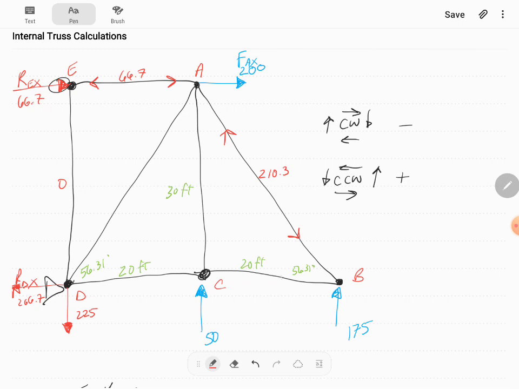We found out this one was pointed left at 116.7 pounds of force. Where's the balance on BC? This time it's pointed towards the middle, so is this one. Well, now what? Well, now I can sit here and look at C, and I have enough information now to